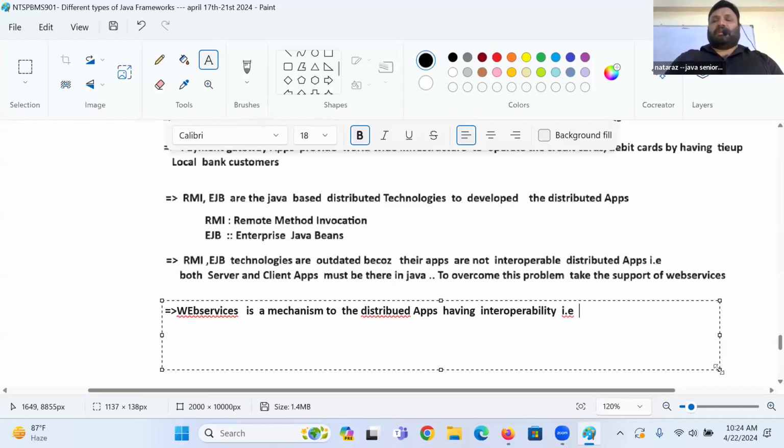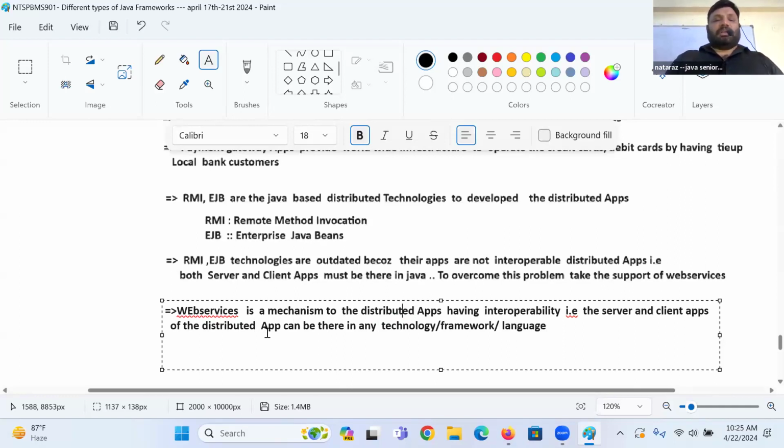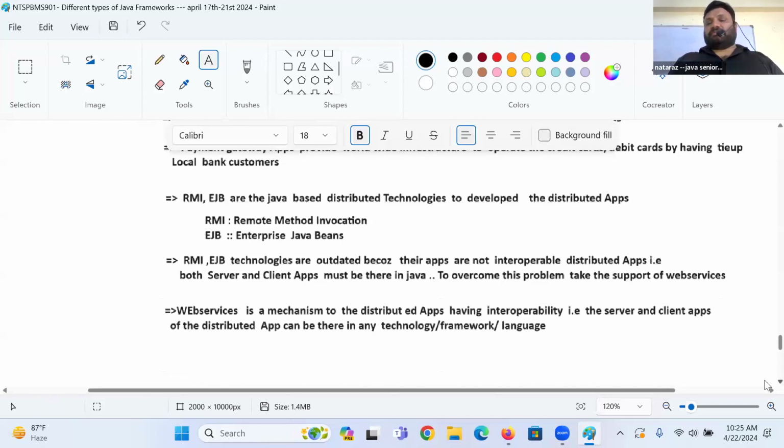That means the server and client applications of the distributed application can be in any technology, framework, or language. Is that clear, guys? Super.